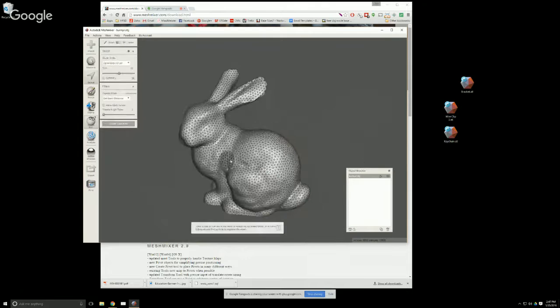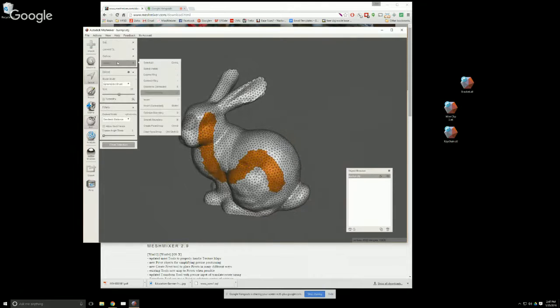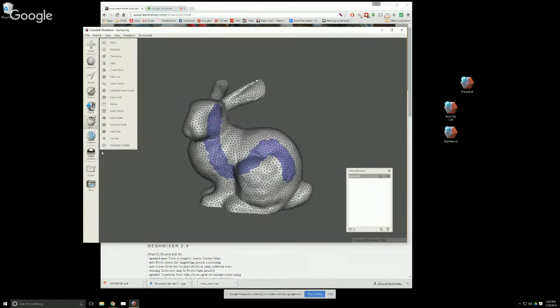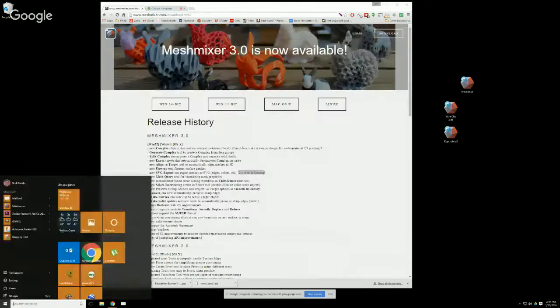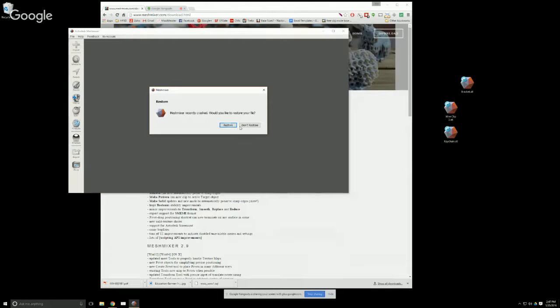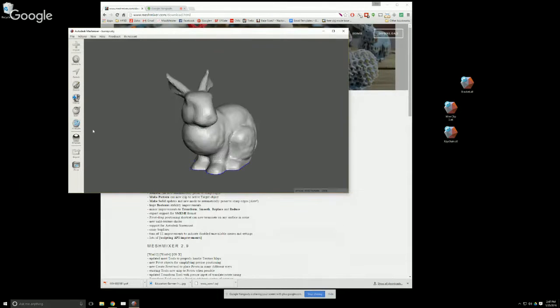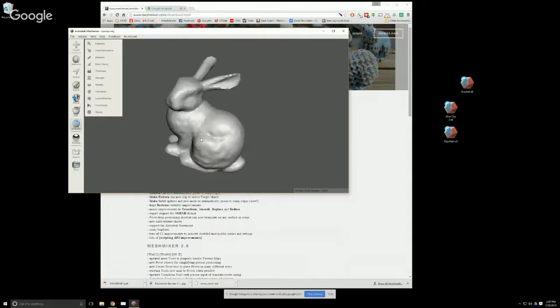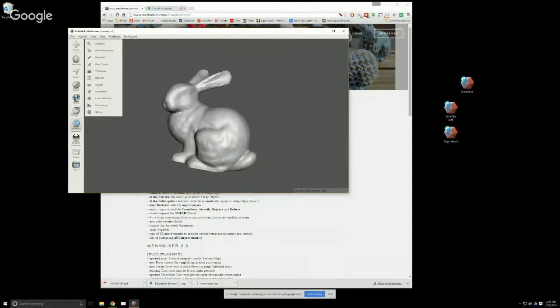actually, let me select this thing here and modify, create face group. Okay. And we go to edit to unwrap. Oh, it actually really didn't like that. I'll have to play around with this one a little bit more. Fix the bunny again. It was working when I played with it before, but essentially this edit to unwrap on